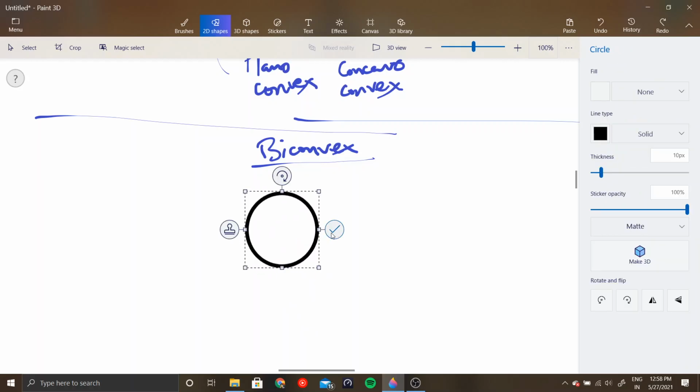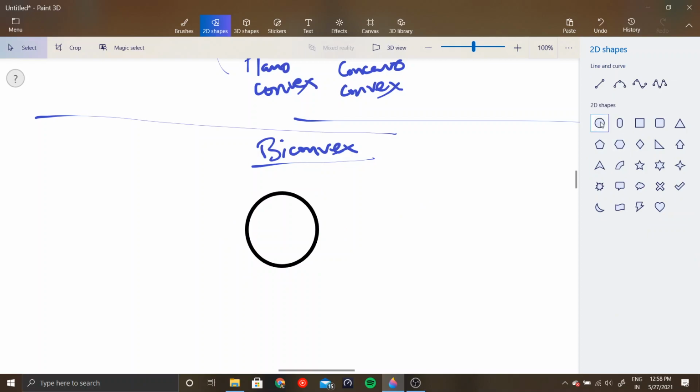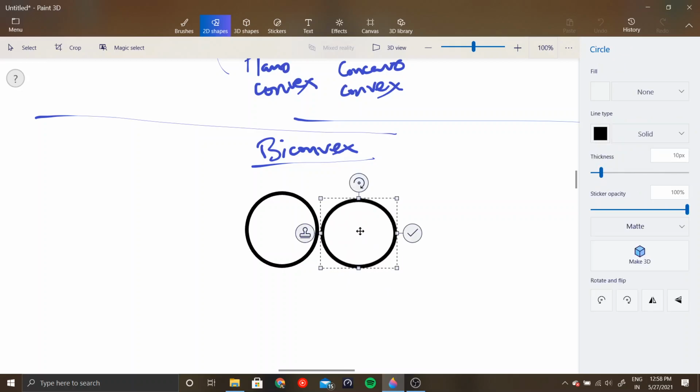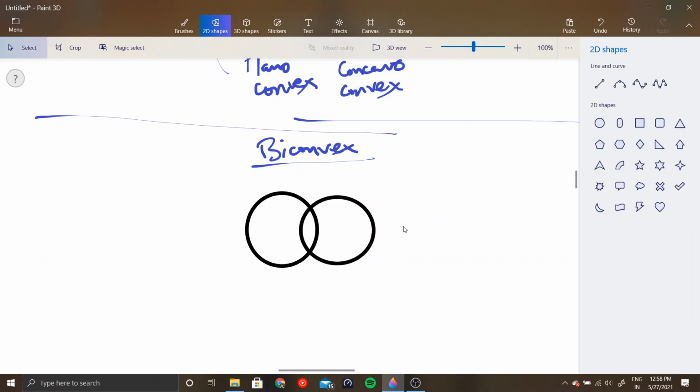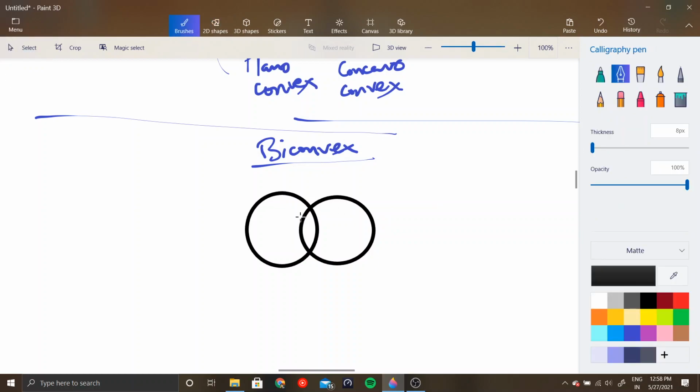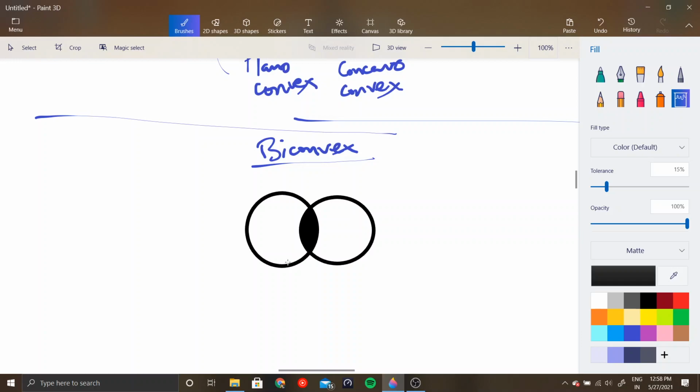You have another circle just like this, right? So now let me take these two circles here. Okay, right. So now, what will happen is, let me shade this region. So you see, let me fill this region. Yeah. So this is a convex lens. Okay. I actually filled it with the wrong color. Let's fill it with something more visible.